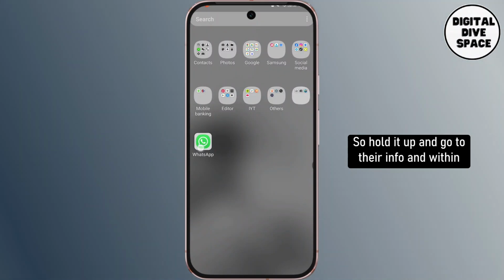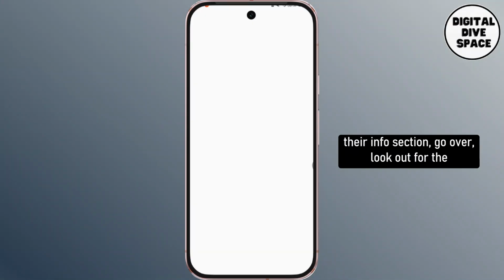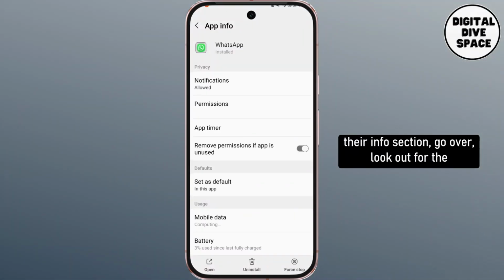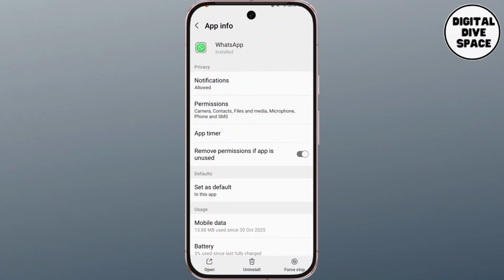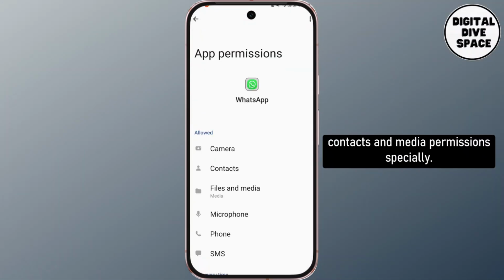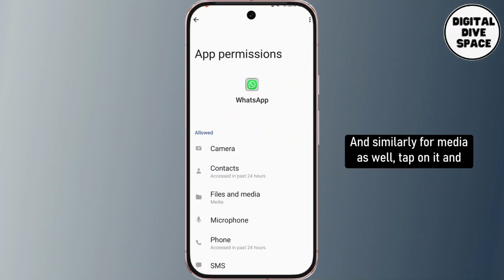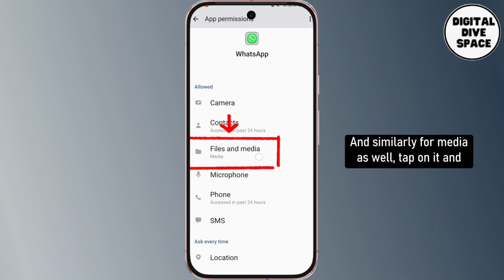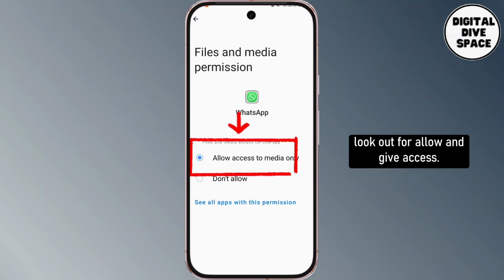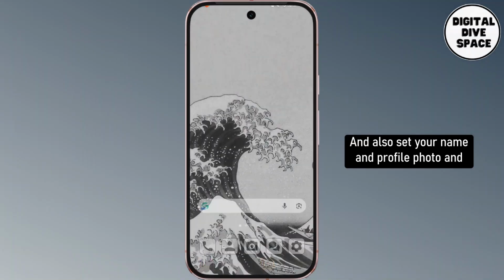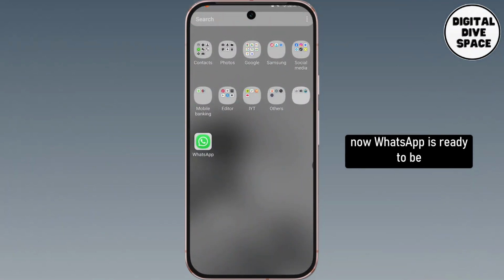So hold it up and go to App info, and within the App info section look out for the option called permissions, and go ahead and give the contacts and media permissions especially. Tap on contacts, tap on allow, and similarly for media as well, tap on it and look out for allow and give access, and also set your name and profile photo, and now WhatsApp is ready to be used on